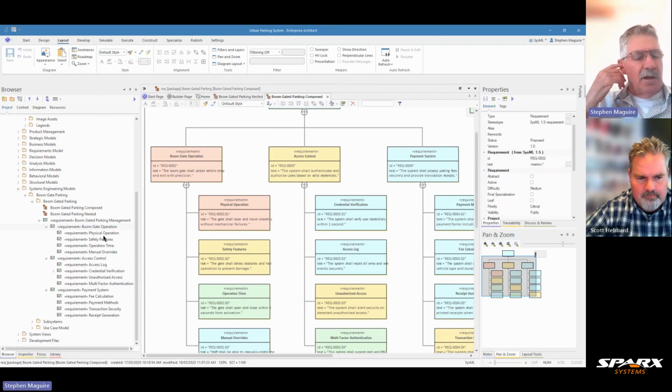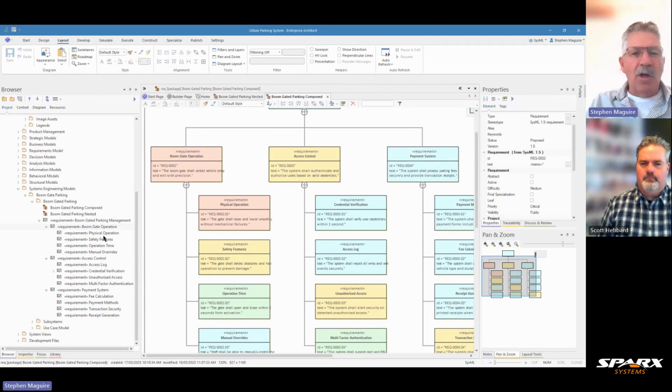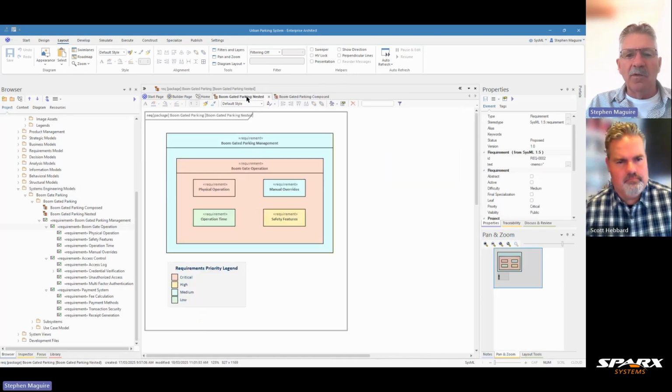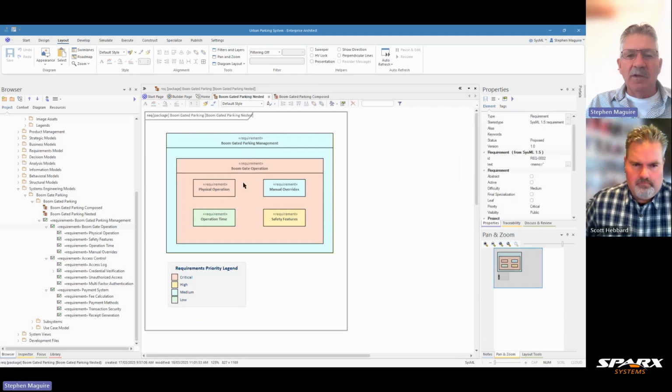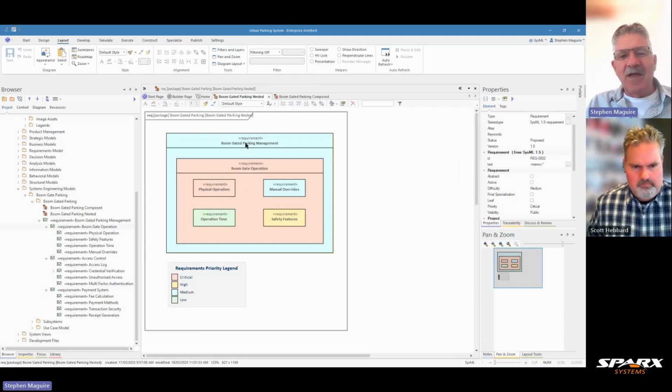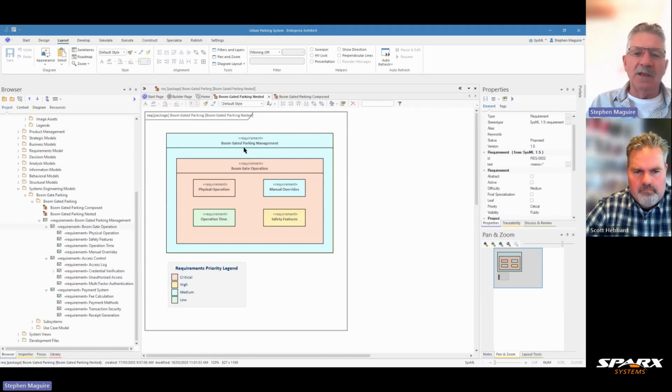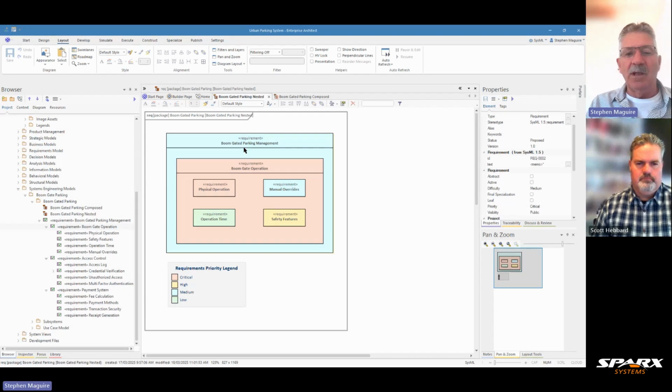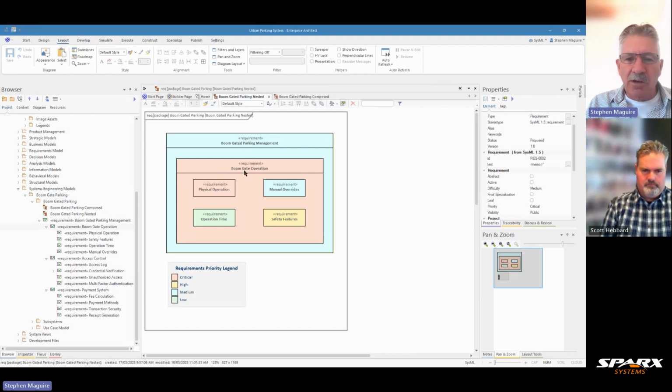Yep. Exactly. It's got another representation of this that I like, and I've just started this diagram. I'll leave it up to the audience to complete it in their own time, if they wanted to do this kind of diagram themselves. But we've got here a nested diagram. So it's giving exactly the same information, presenting it, though, in a different way, in this sort of nested elements inside elements. So we've got a boom gated parking management,